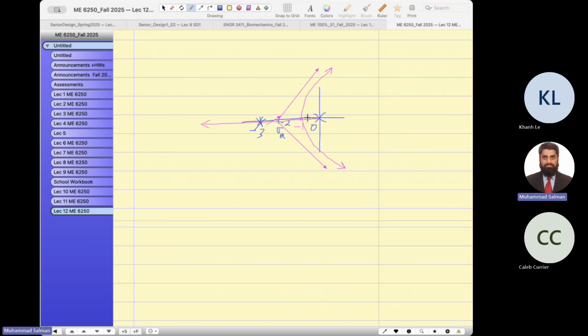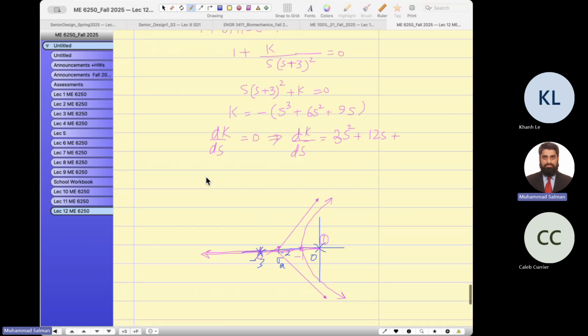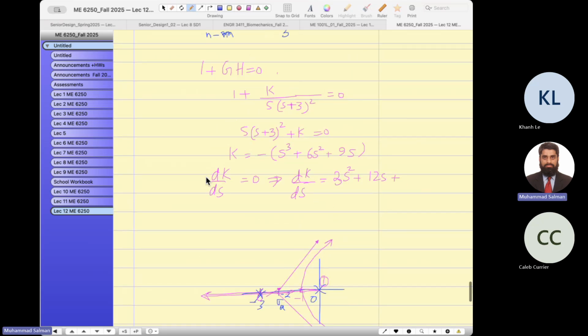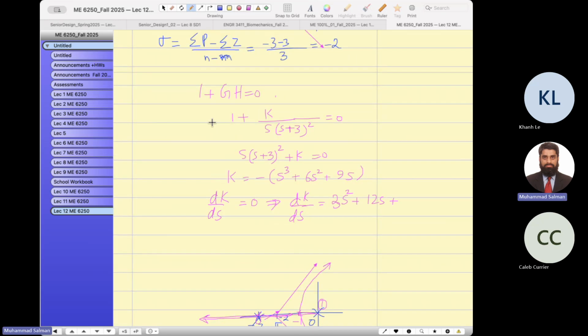One pole will start moving here to the left. There are two poles. One pole will go to the right, and the other pole will go to the left. Do you understand that? Another thing I want to mention here, that from this equation,